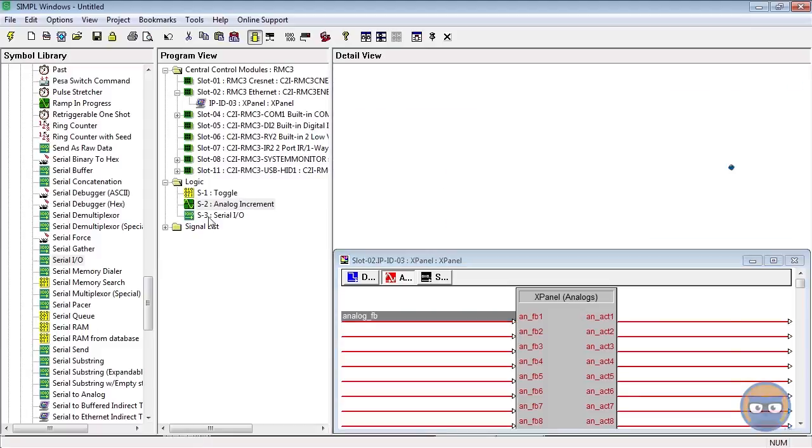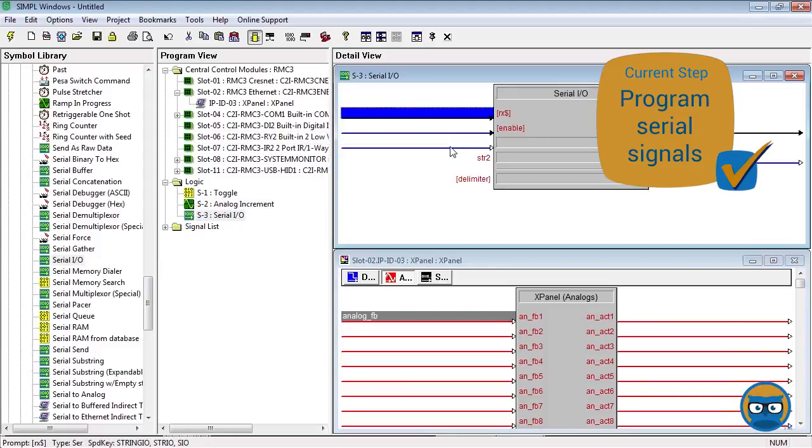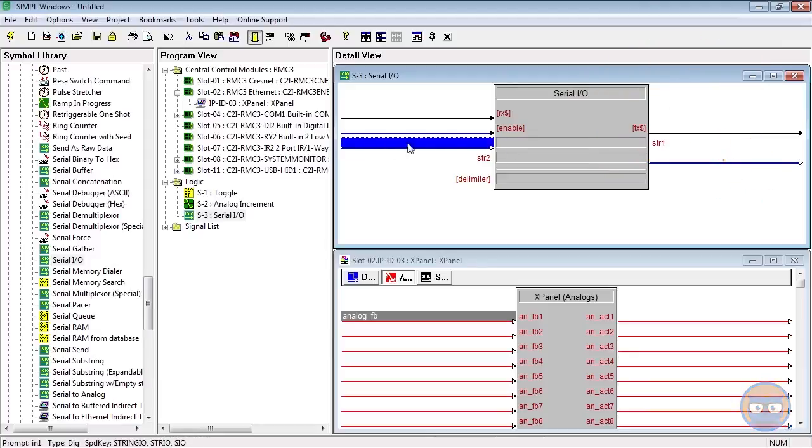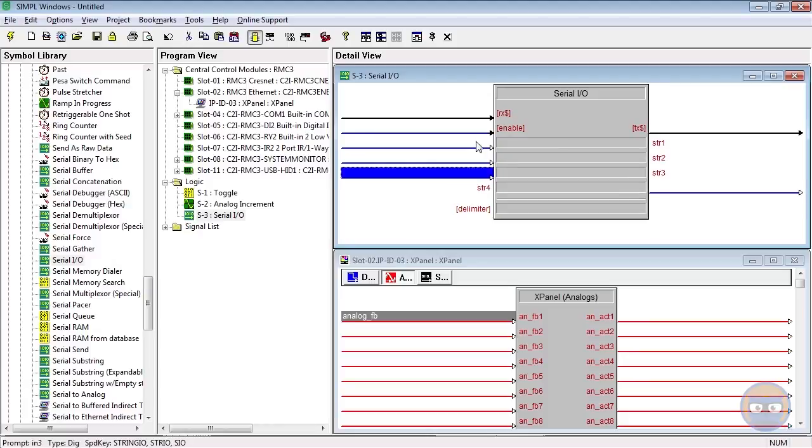So we close the analog increment, we open the serial I/O symbol, and what we need to do is expand these inputs. And we can tell that these inputs are expandable because it has a little white arrowhead right here. A white arrowhead means that you can add more than one of these inputs. So I'm going to hit Alt and plus on my keyboard twice to give myself 3 inputs in total,